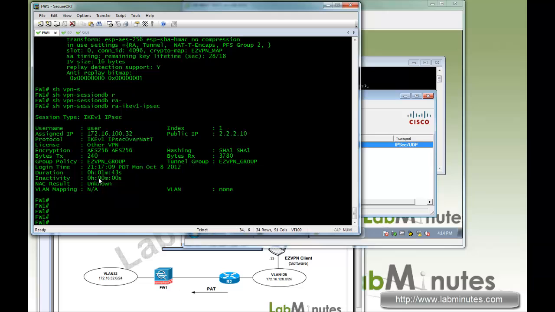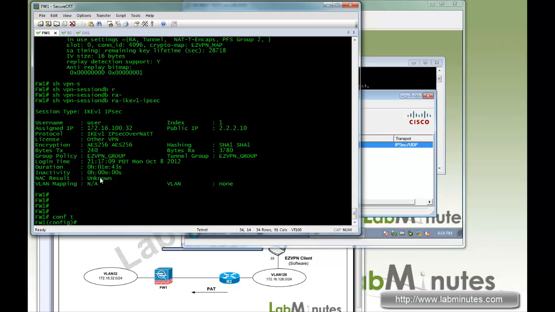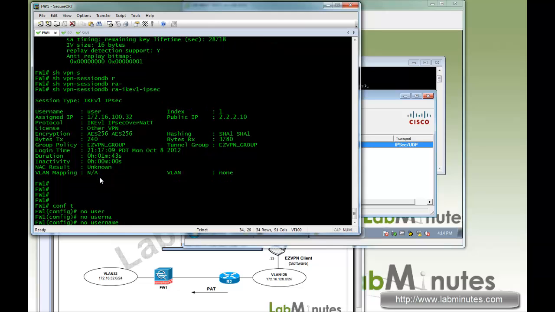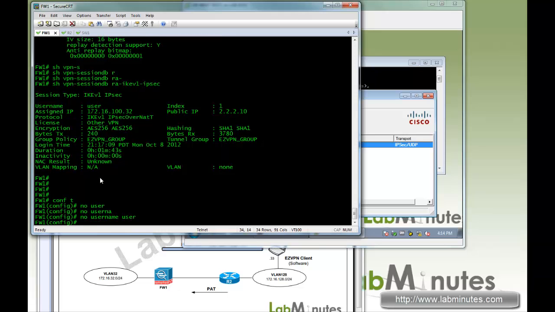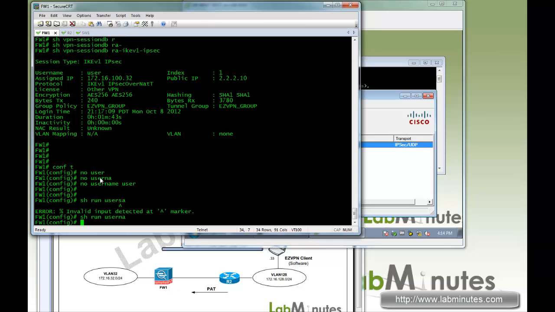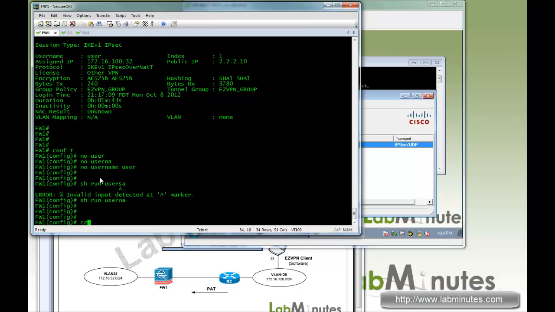Alright, now we're going to make a slight modification to our config. First we need to get rid of a username, and you don't really need to, but just to show that we no longer need a username. I do no username user, so do show run username. There's nothing,